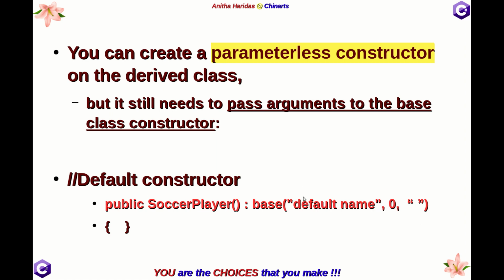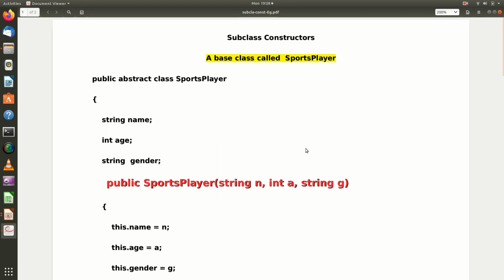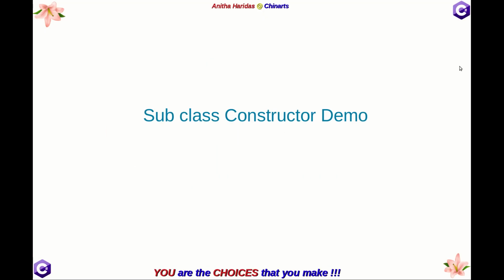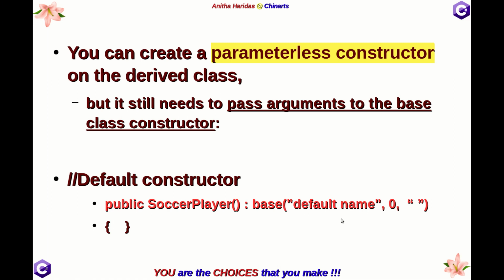So these are some of the default values here. Default name, default age can be set as 0, and default name, age, and what is the other one? Position. And what was the other one? Gender. The other one is gender. So what we do here, for name, the default name will be passed. For age, 0 will be passed. For gender, no value will be passed. So these are the three values passed to the base class constructor, and the derived class will not have any data defined, and you are not going to assign any value.